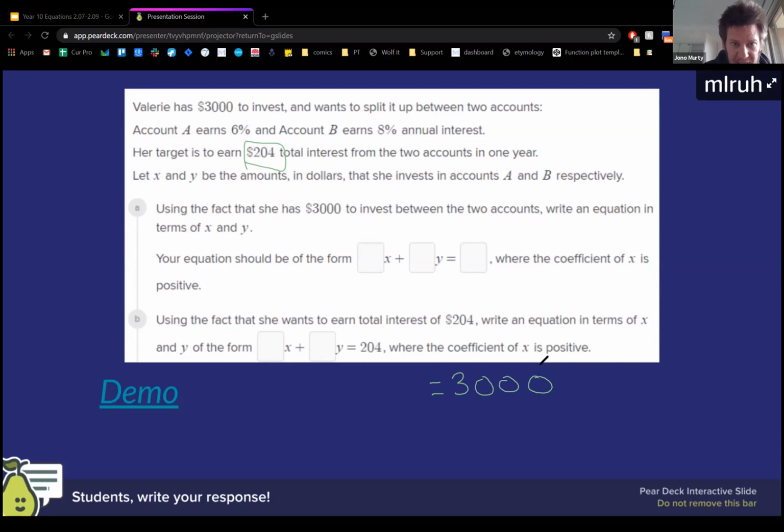X is the amount she's investing in A, and A has a rate of 0.06. So we have 0.06x plus 0.08y equals 3,000. We don't know what X and Y is. They're the amounts that she's investing, but if we know she invests X dollars at 0.06 and Y dollars at 0.08 or 8%, that will equal 3,000. No, duh. Let's start again. X and Y is the amount she wants to earn. So